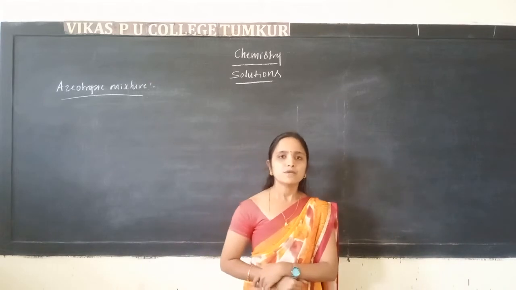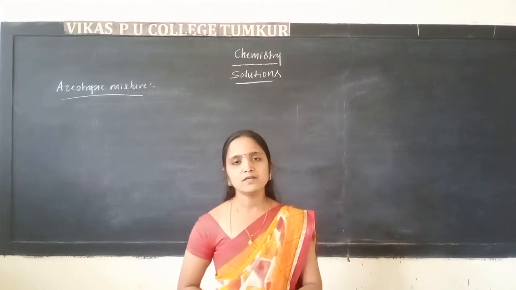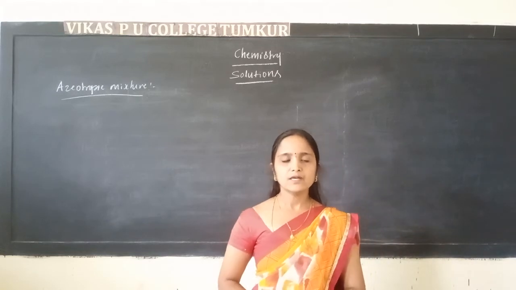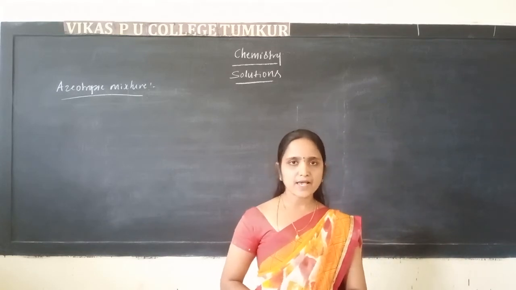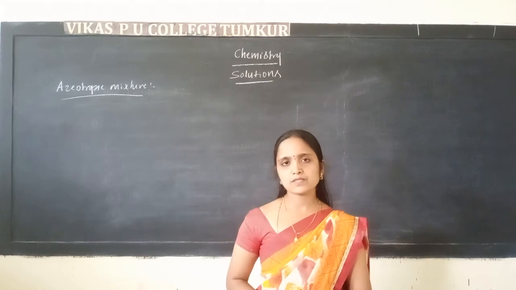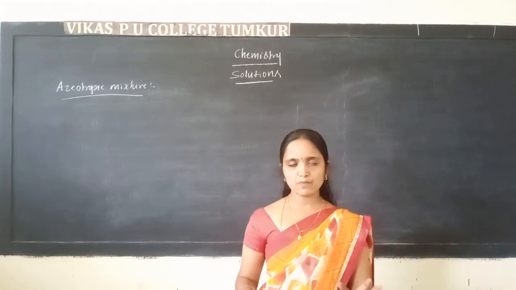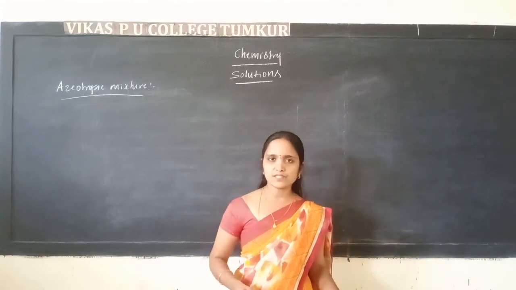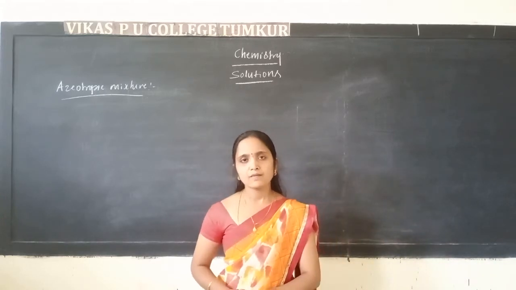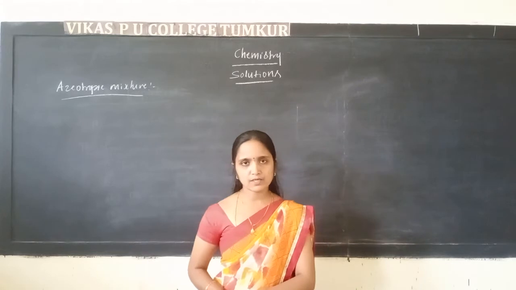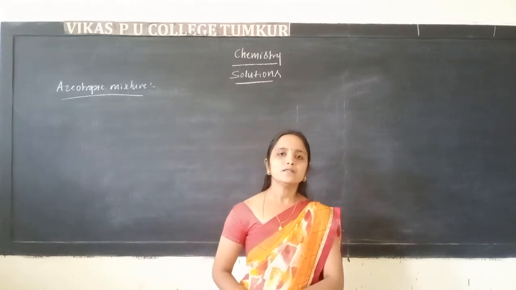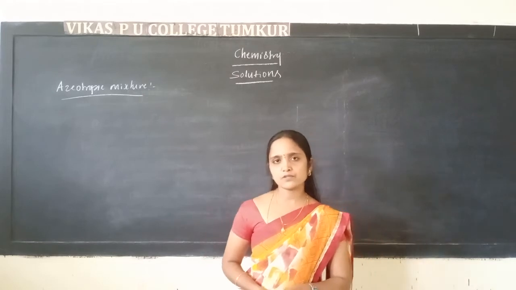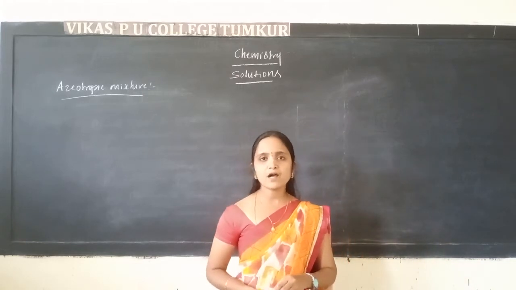Azeotropes are mixtures of liquids having the same composition in the liquid and the vapor phase when they boil at constant temperature. These we call azeotropes. They have the same composition in the liquid phase and the vapor phase when boiled at constant temperature. The components of the azeotropic mixture